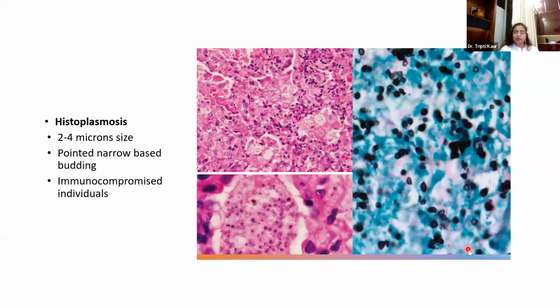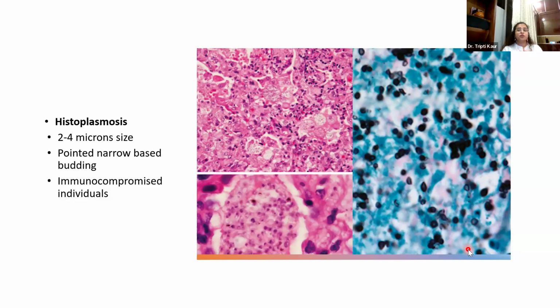Now, next is histoplasmosis. Histoplasmosis is very important. Usually it happens in immunocompromised individuals, and usually you will see very bubbly, fat looking ballooned histiocytes with these small organisms which actually look like LD bodies, but they are not LD bodies. Please don't confuse them with LD bodies. These are actually histoplasmosis. If you have a little bit of doubt whether it is histoplasmosis or cryptococcus, you compare it with the size of the RBC. If it is almost equal to the size of RBC, it is likely to be histoplasmosis.